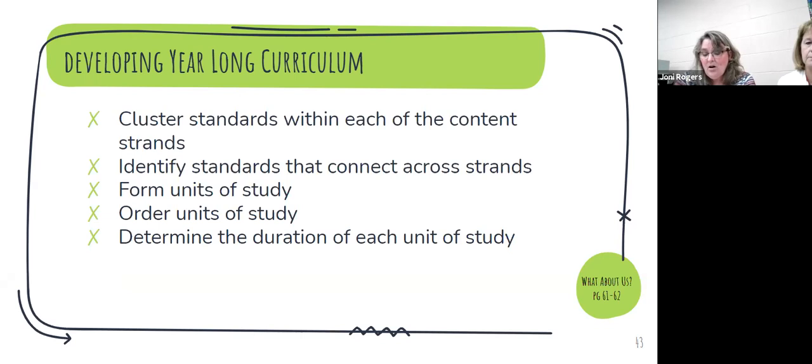When we determine our duration of each unit of study, we start with a planner. I happen to see mine. We use a handy dandy planner from Horace Mann. It's empty, and we start laying out where we want to go. What units do we want to cover? What standards? We have those essential standards, so we start putting them together. At the beginning, we usually are deciding, starting from August moving forward.